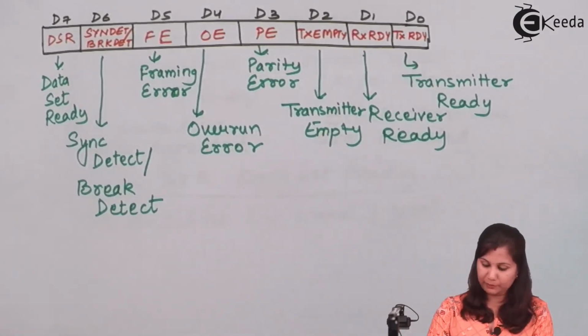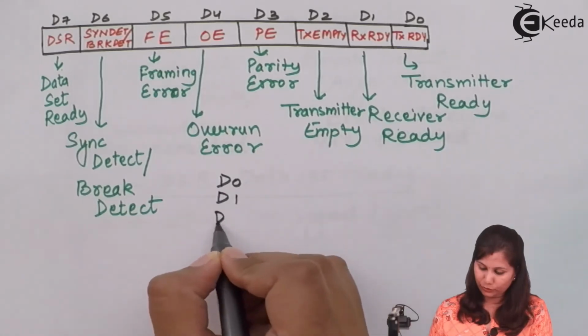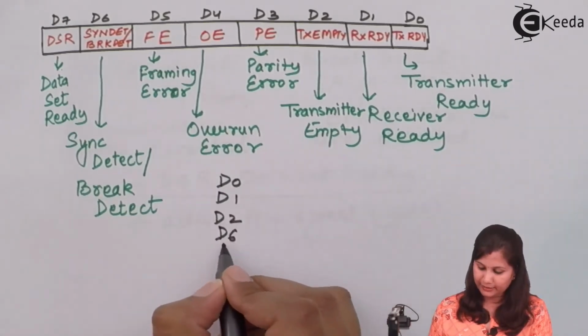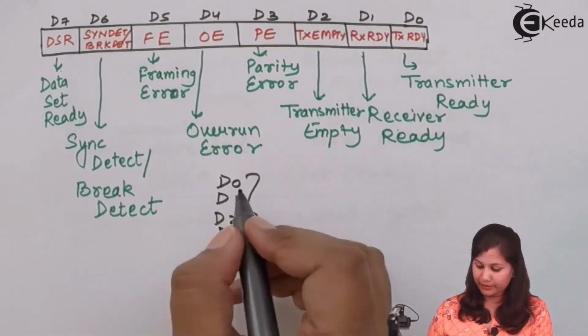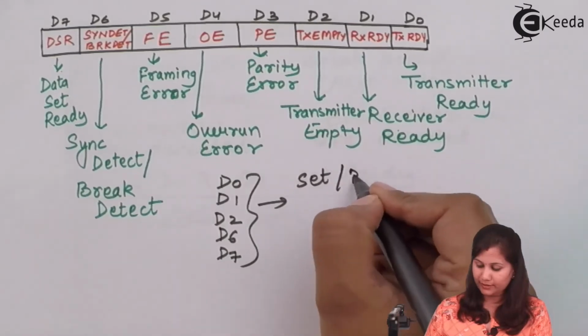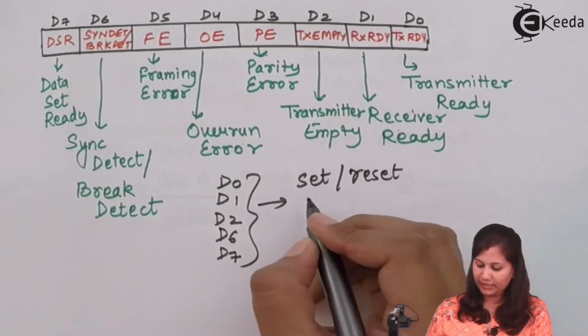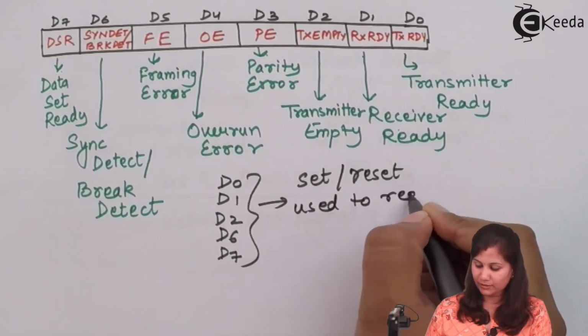So out of these, the bits D0, D1, D2, D6 and D7 are used to read the status of